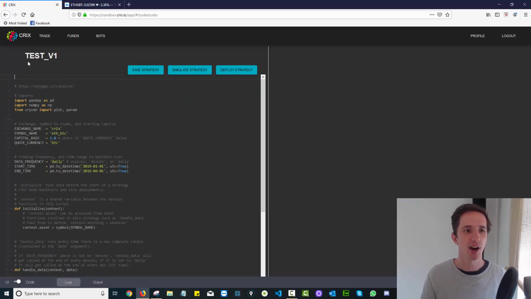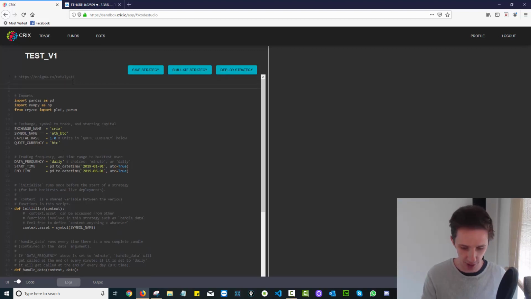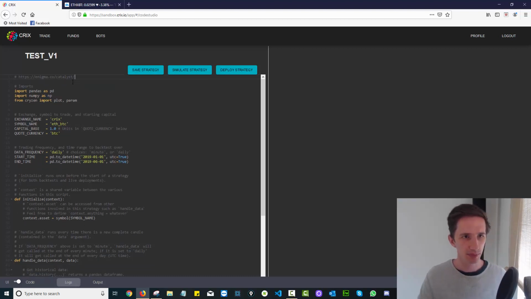Now, hashtag over here just means to comment something out. It means that when the program runs, it won't read this item here in gray. So for example, if I want to put a note to myself, note to self, happy birthday, even though it's not my birthday, whatever. You can put pink elephants and orange monkeys in there. Now, the reason why I left this comment in here with this